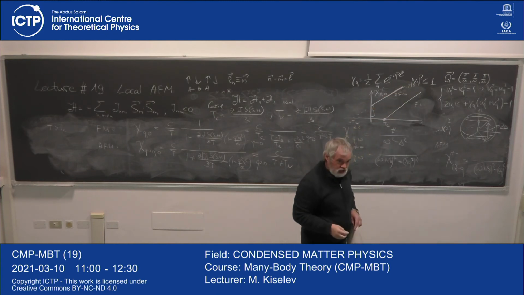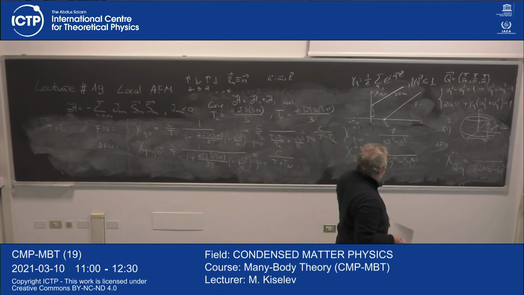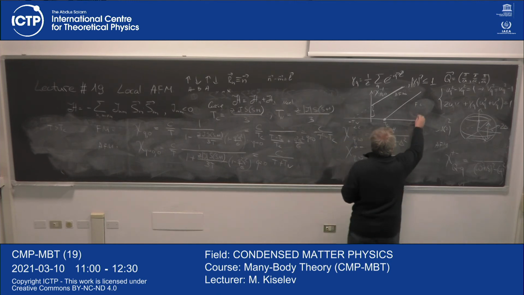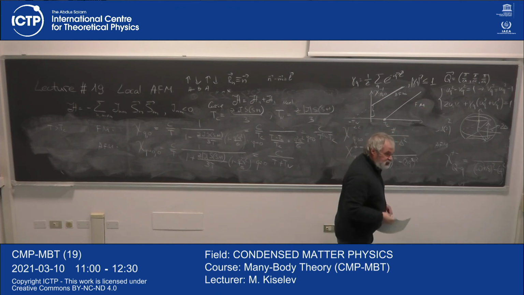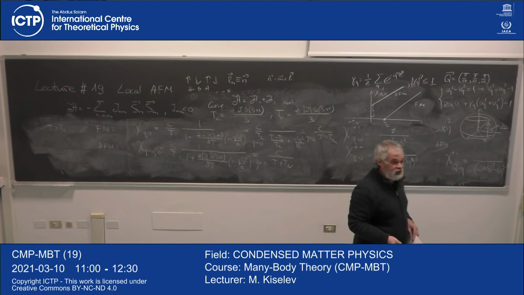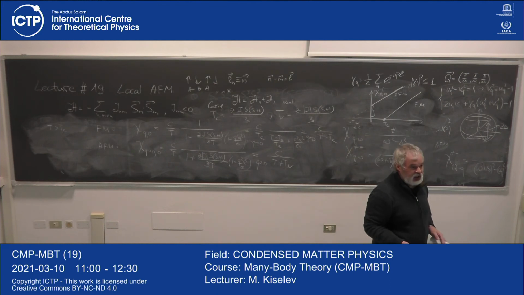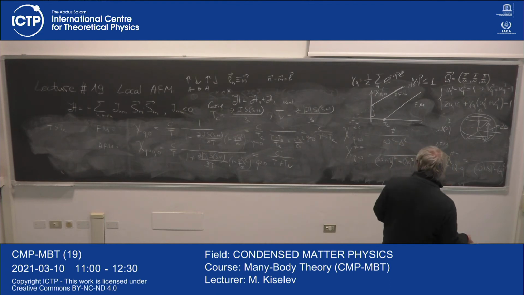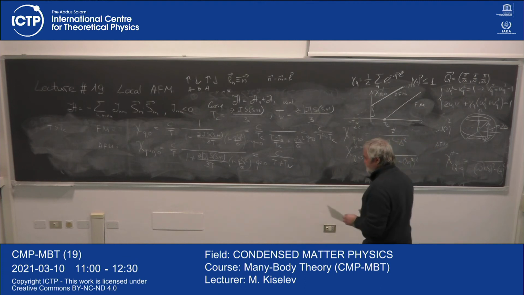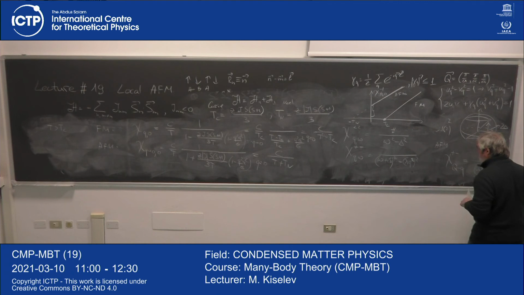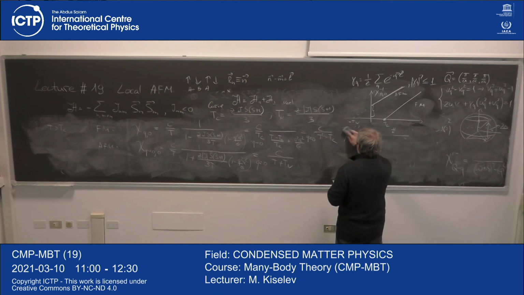While the susceptibility goes to infinity at a finite temperature for the ferromagnets, this occurs because, as I said, the uniform magnetization is not the order parameter for an antiferromagnet. It's a conserved quantity, but it's not critical, because it is equal to 0 above the critical temperature, and it is equal to 0 below the critical temperature. While the order parameter should be attributed to something which is 0 above the critical temperature and non-zero below the critical temperature. Therefore, what we need to do is to consider the staggered susceptibility